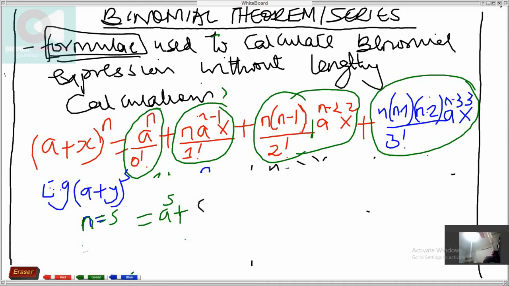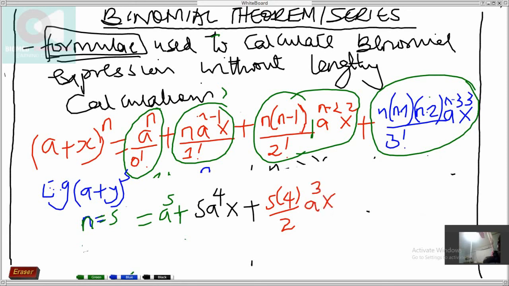The first term is a raised to 5 plus 5 a raised to 5 minus 1, which is 4, x plus n, which is 5, into 4, which is 5 minus 1, divided by 2 factorial, which is 2 by 1, which is 2, and we have a raised to 3, which is 5 minus 2, x squared plus